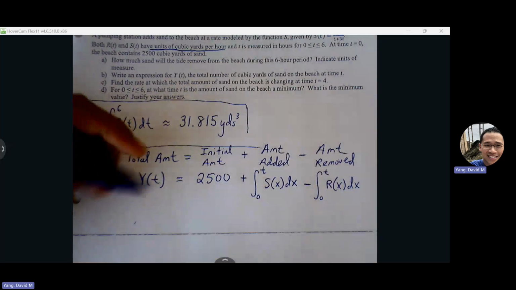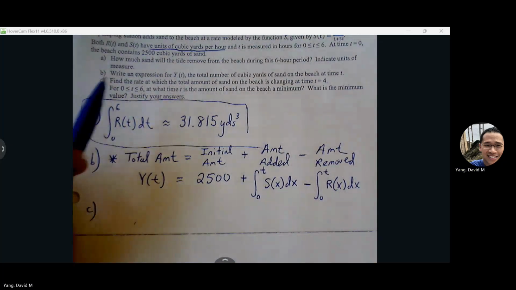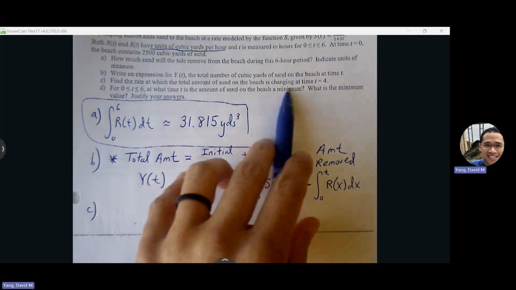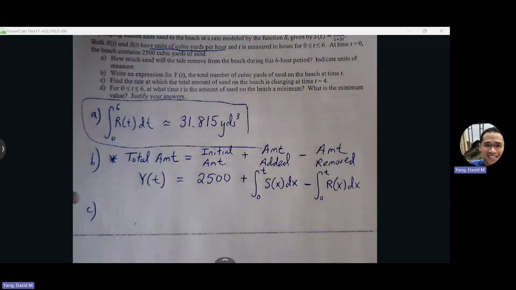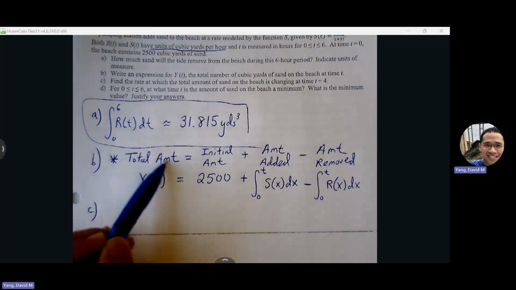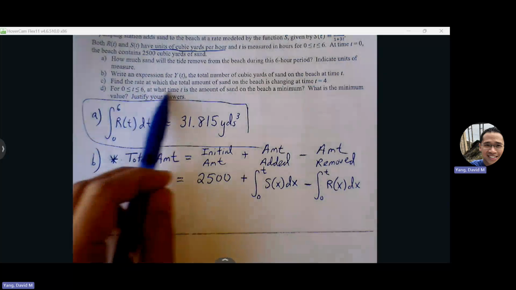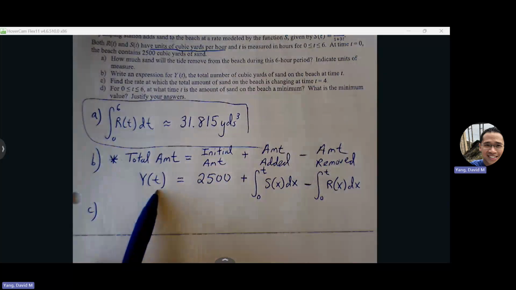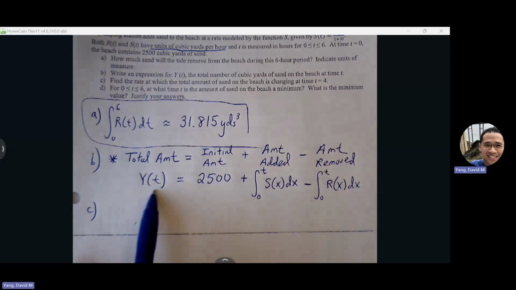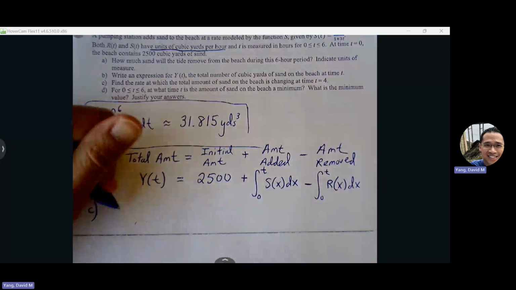Okay, part C. Find the rate at which the total amount of sand on the beach is changing at time t equals 4. So we know that the rate involves y prime, right? It says find the rate. So let's find y prime first, and then we can find y prime of 4. So let's build the derivative out of this equation. So y prime,